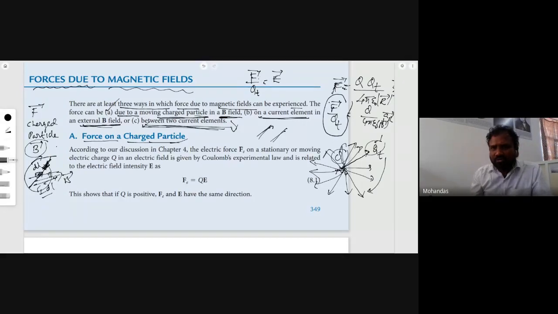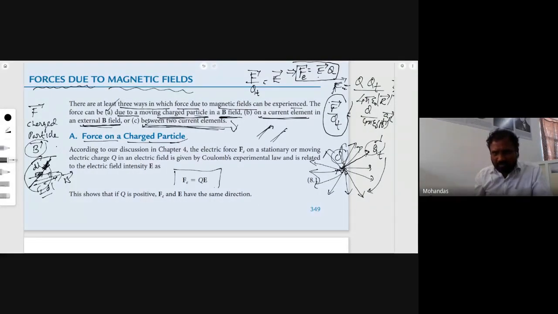That force, from this equation, what can I write here? That force F equal to what? F equal to E into Q. As this force is developed due to this electric charge, that force is known as the electric force. What is the formula for that electric force? F equal to E into Q, or Q into E. So this is the equation.